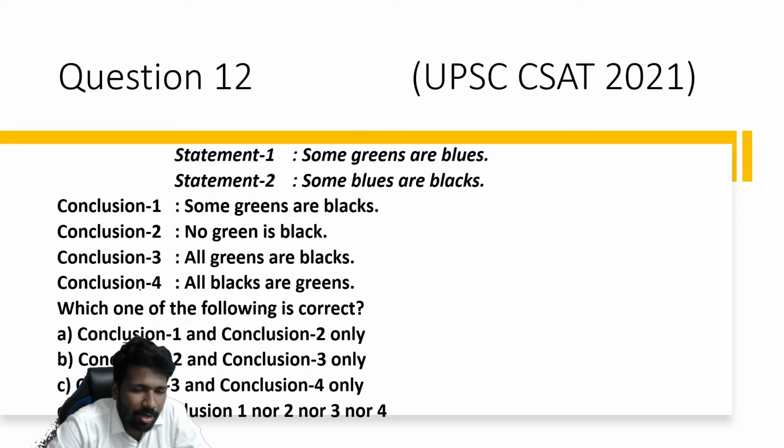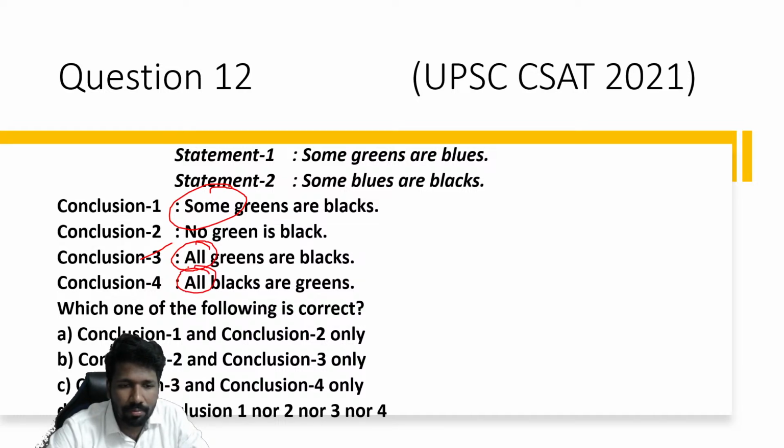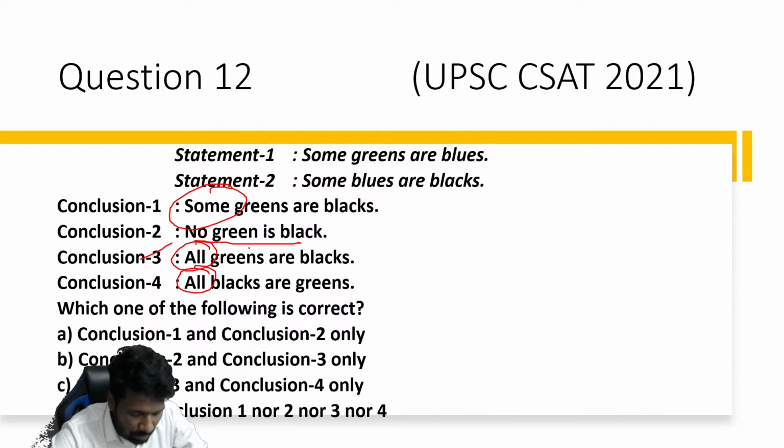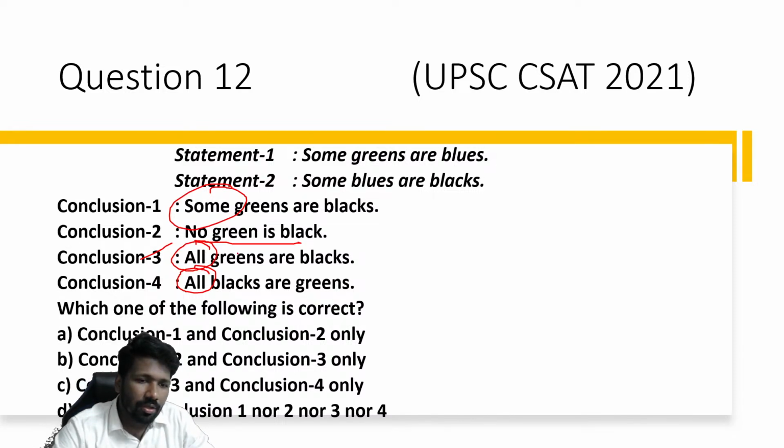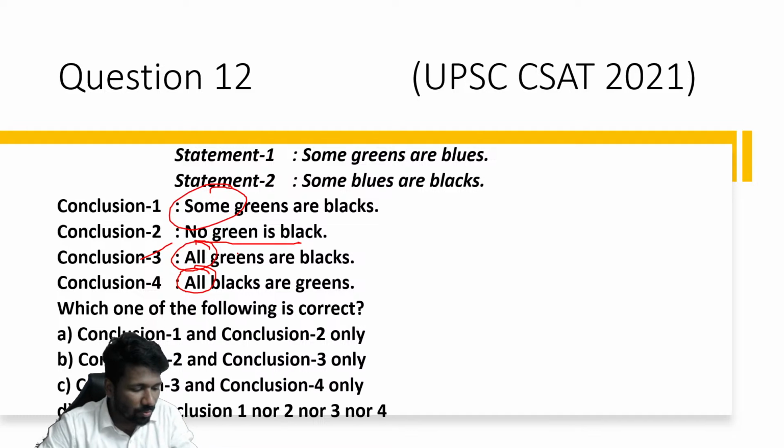But remember, the minimal overlapping diagram is mainly applicable only for positive statements. Positive statements means all, some, etc. Not the case where there is a negative premise. If the minimal overlapping diagram is not working, you can avoid it. But if it is working, you have to check whether it also works in the other cases. That is what you have to do.